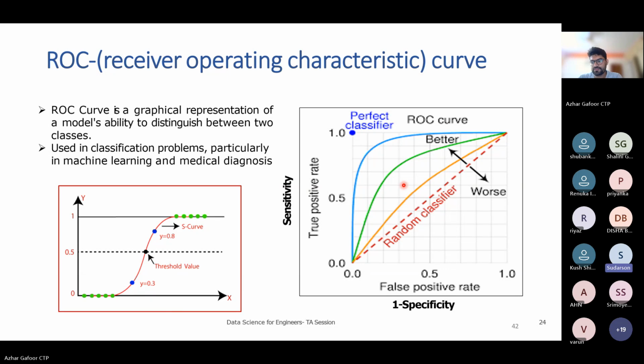So in my data set, I will get only a single point, not the whole line, right? Okay, you will get only one point. So how can I judge, if I want to see in which direction I am actually going, whether I am going to a better place or